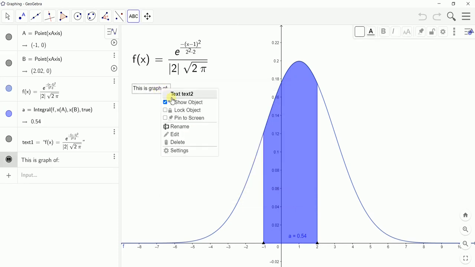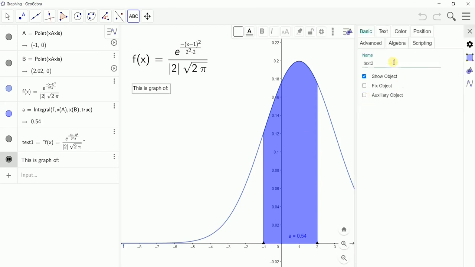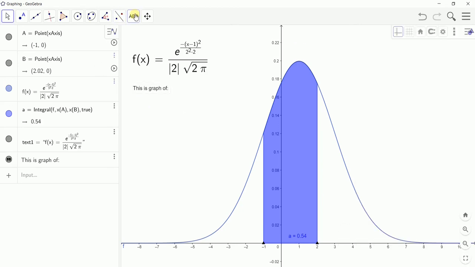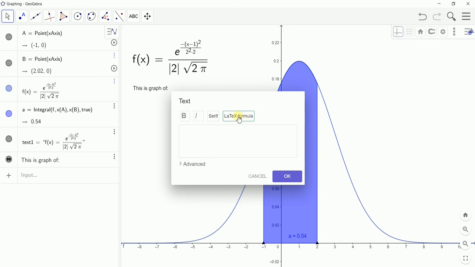This is graph of, and if you want to add some LaTeX into it, okay, so come back, highlight the LaTeX formula. I'll do it again from here, and then I'll show you how to change properties. Highlight the LaTeX formula. It doesn't highlight very clearly. It simply puts a very small box on it. You see, not a big difference whether it's highlighted or not highlighted. But once it's highlighted, now you can put